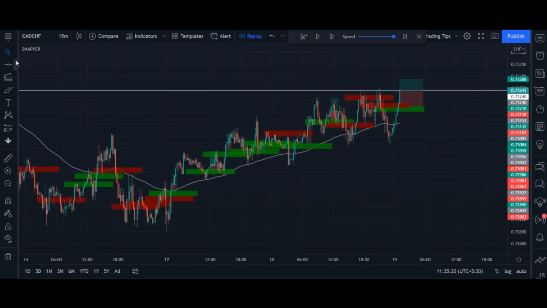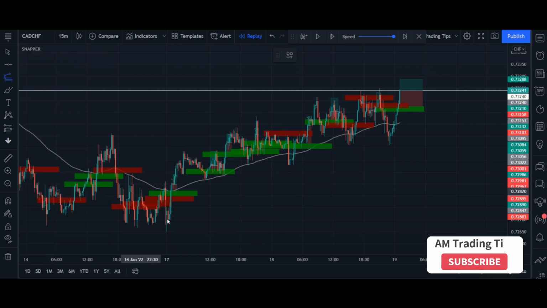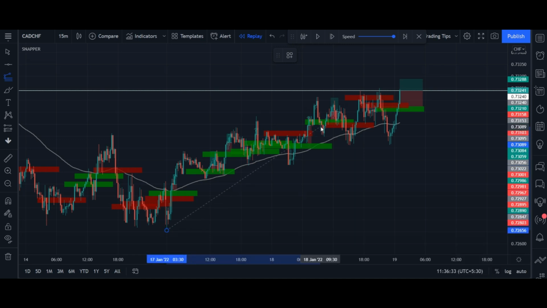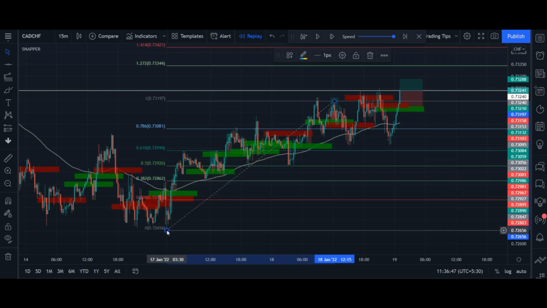That you see it here, and then choose the second tool, which is trend-based Fibonacci extension. Now choose the first bottom just before the moving average breakout and then head up until you reach the last top near your trading place. As you can see, there are 2 tops here and they are on the same level. In this case we can choose any one of them, then go back to the same point you started from. Okay, here we have finished drawing Fibonacci in the simplest way, and you will notice its accuracy when we start